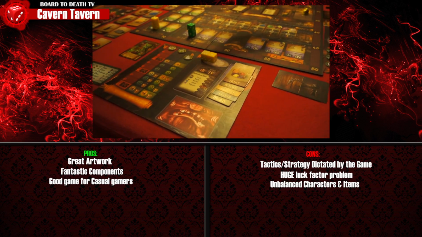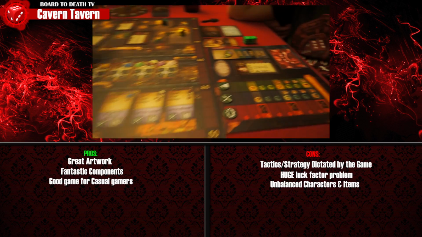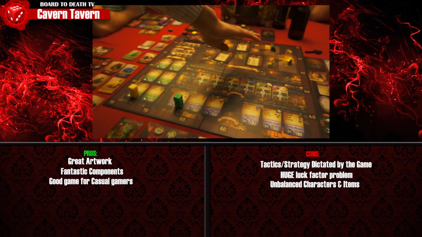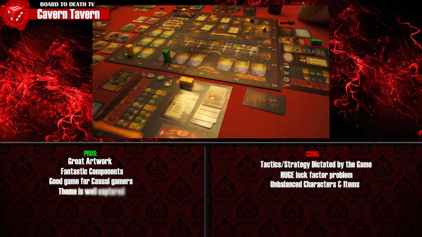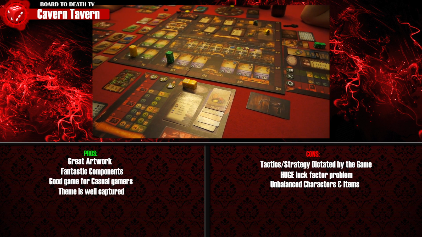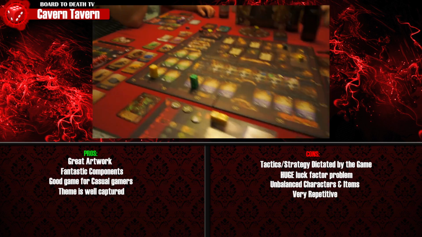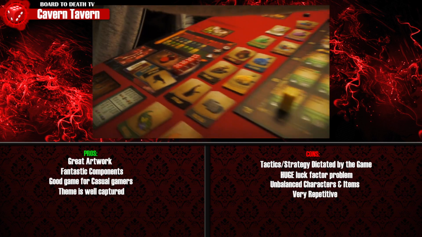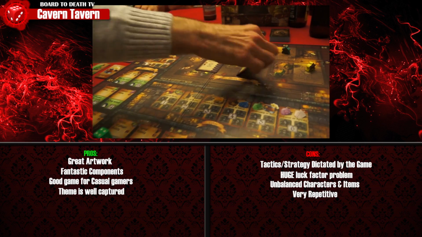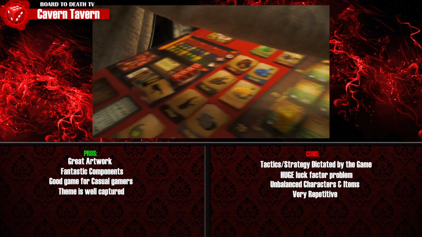Another big problem the game has is that the game actually feels like you're just serving people as you would in a serving job. So I guess the theme is well captured, but you're just doing things by rote. There's a simple wash, rinse, repeat feel to the game, which would have been alleviated had they incorporated an engine building mechanic. You are simply collecting as fast as you can to get the most points of your dice and